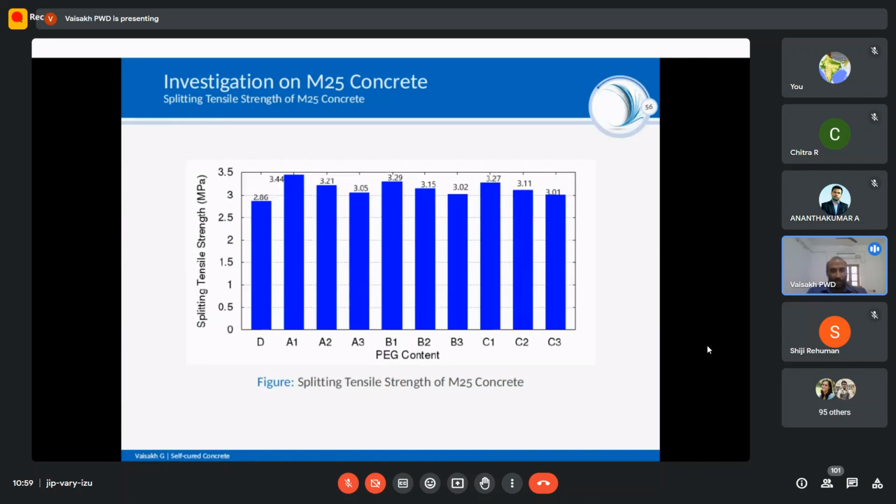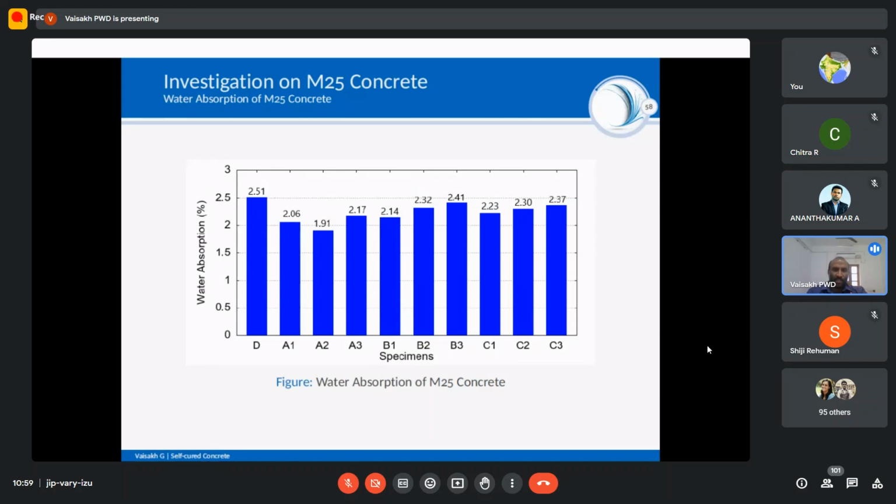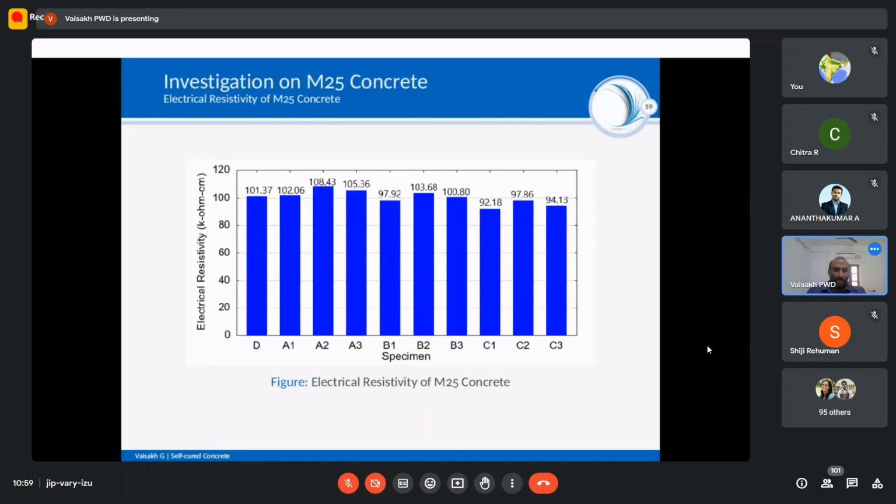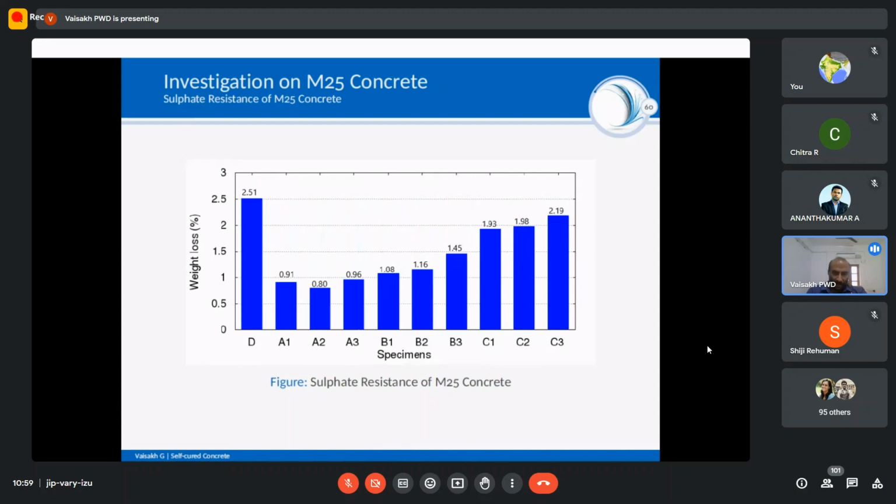Similar is the case for splitting tensile strength, modulus of elasticity, water absorption, and electrical resistivity, also similar nature. Sulfate resistance also shows similar nature, considerably increasing the sulfate resistance. Weight loss is very low when compared to the